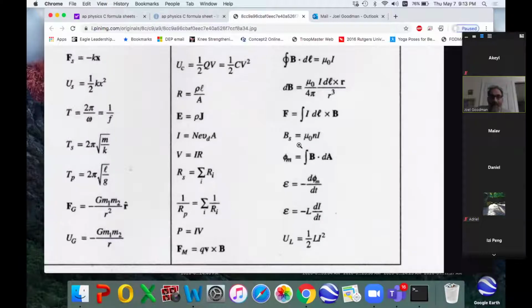Do you remember this one? No. This is the magnetic field inside a solenoid. That's why they got the S there. Oh. Yeah, we derived that using Ampere's law. And now, what is this? Is that Gauss's law? Yeah. Gauss's law. Okay. If you put the little closed symbol here,